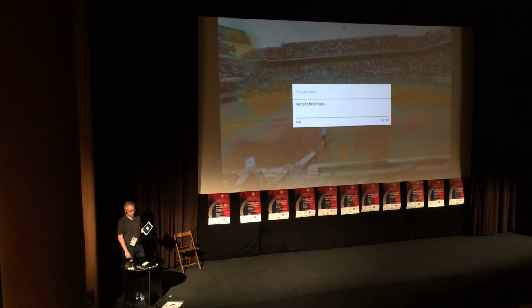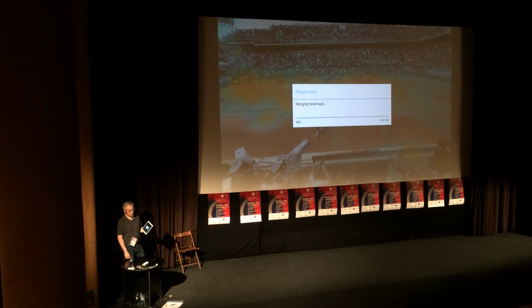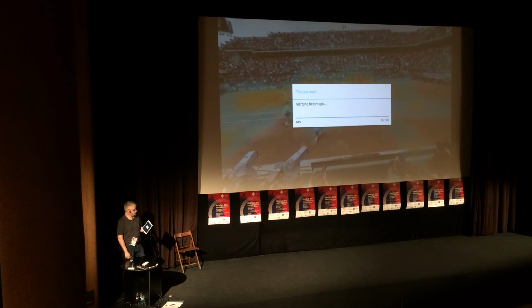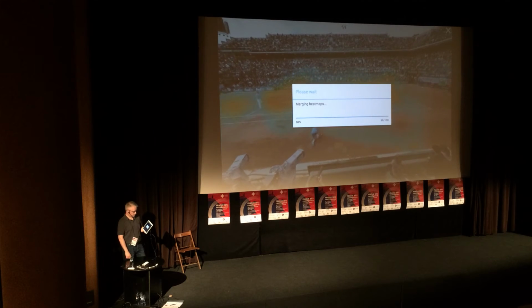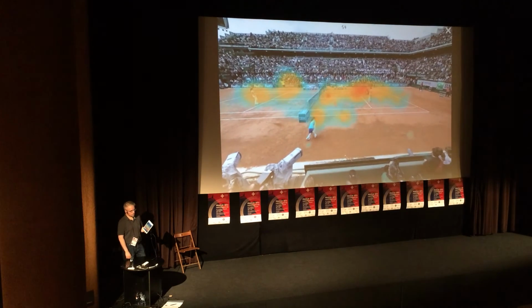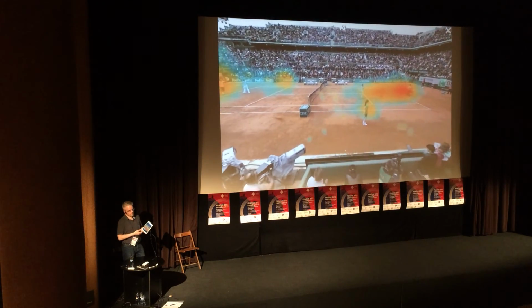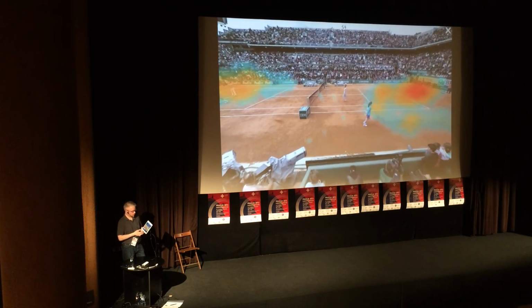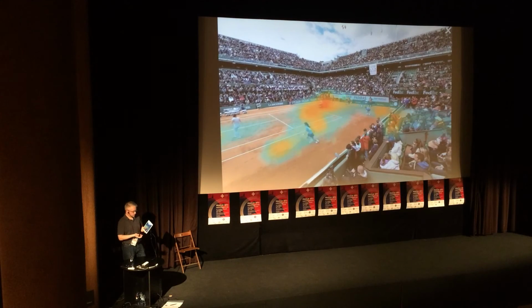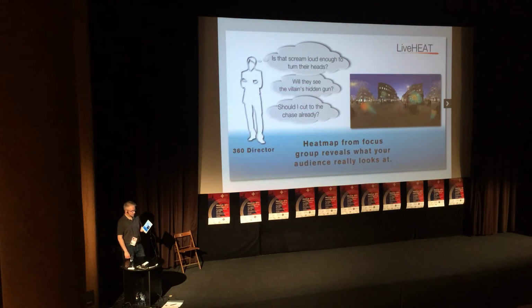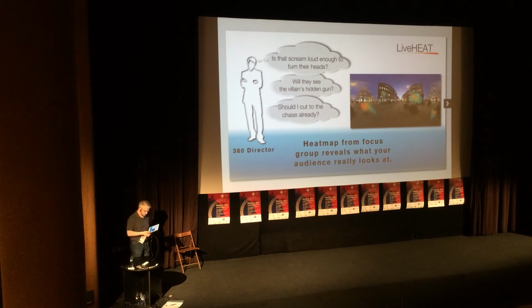It will now generate a new heat map based on the demographics and show what content is most important or interesting for the female users. So you can apply different filters to the content and do different kinds of profiling of the users.